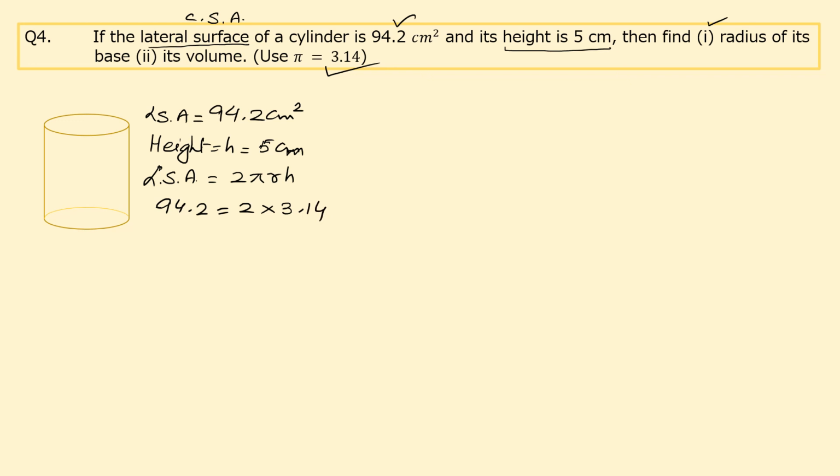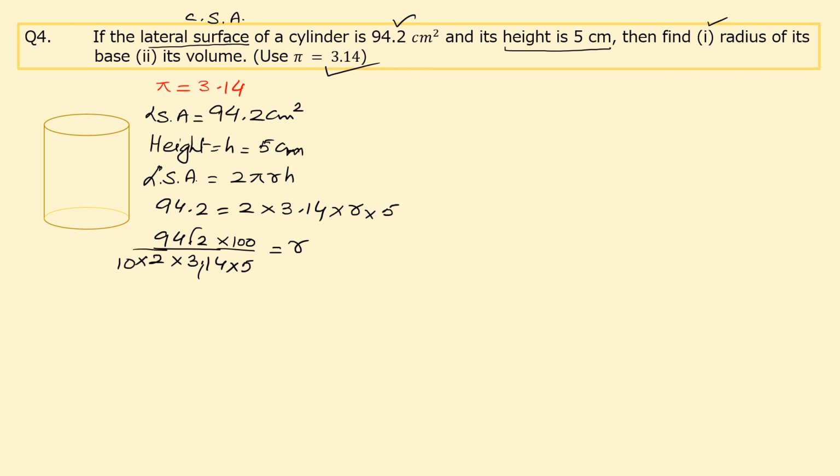Right? अगर question में pi की value नहीं दी हुई, then use 22/7. But if it is given that you have to use pi is 3.14, then you must use it. Otherwise, during the exam you may not get full marks for this because they have mentioned. So r we have to find out and h is 5. So let's transpose all these terms. This is 5 and this is r. If we remove this decimal, we get 100 here.